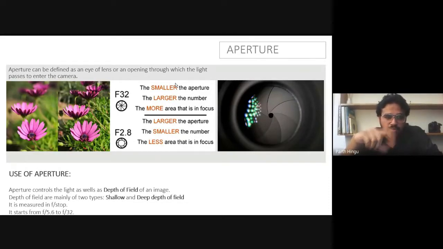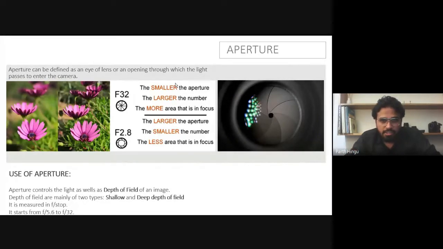So what does the eye do? It becomes smaller. And if you go into a dark room, your eye will try to open and capture as much light as it can take inside. So the same thing works over here.